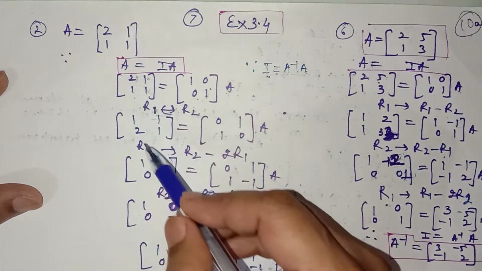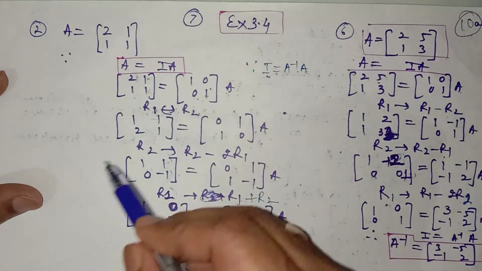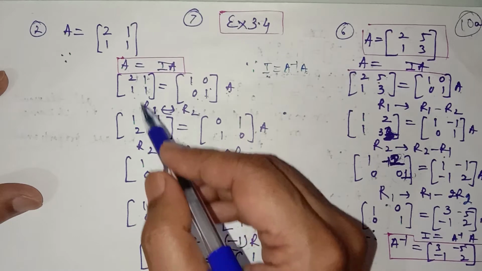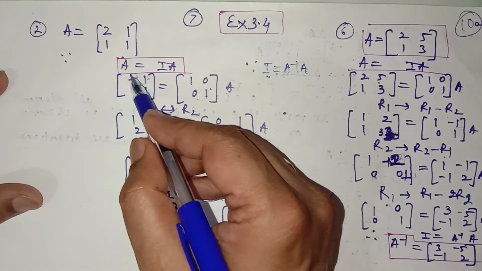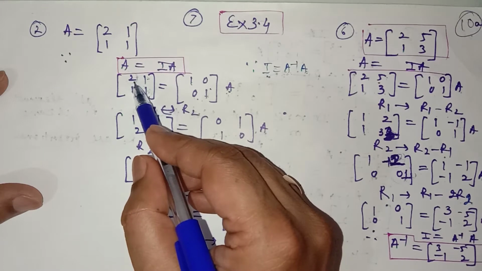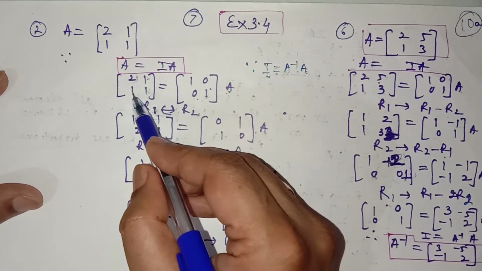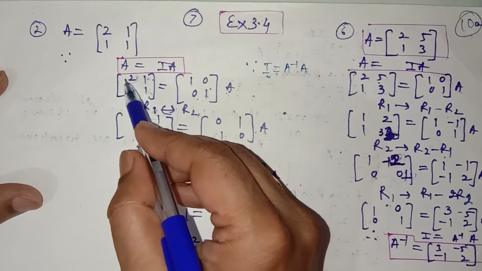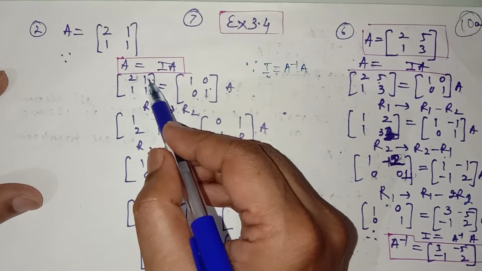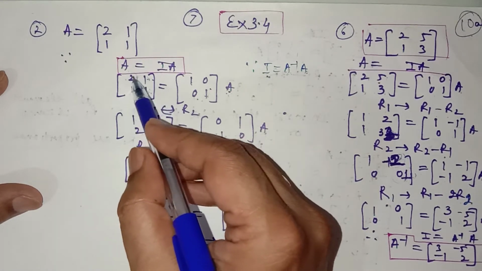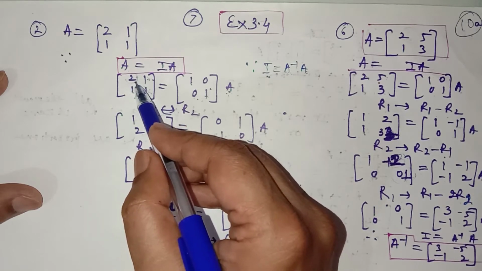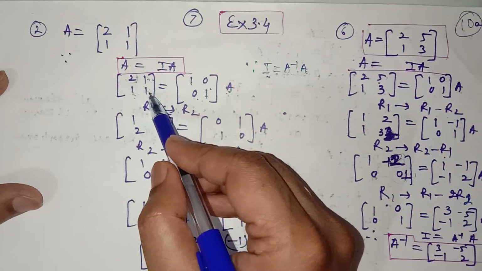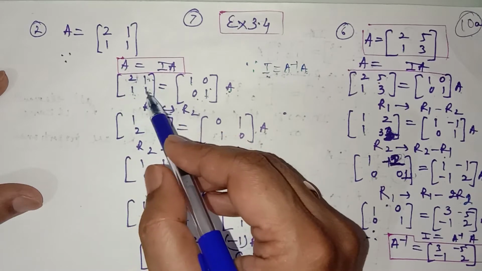Now there is a fixed pattern to do these types of questions, and then you will use the minimum number of steps or properties to find the inverse of the given matrix. First of all, convert the first element to 1. Then convert the next element to 0, then convert the next element to 1, and then convert the last element to 0. So 1 0 1 0, in this order you have to go.